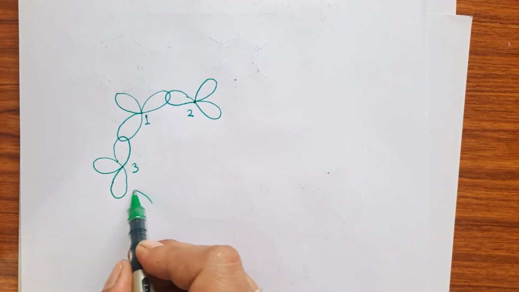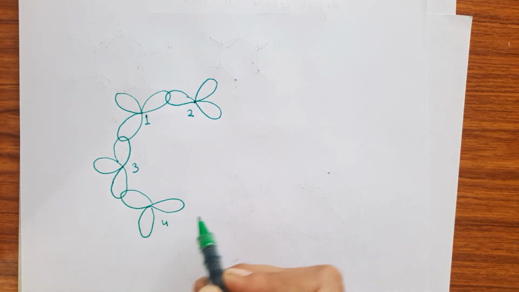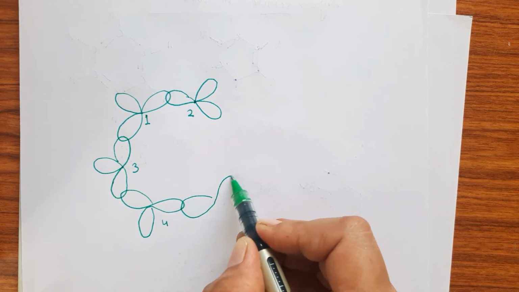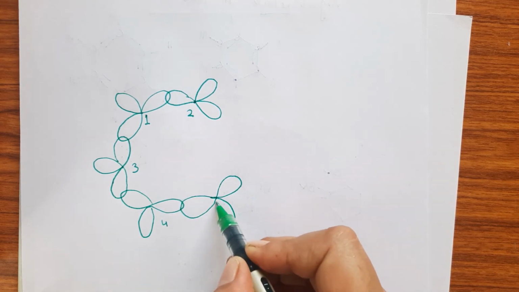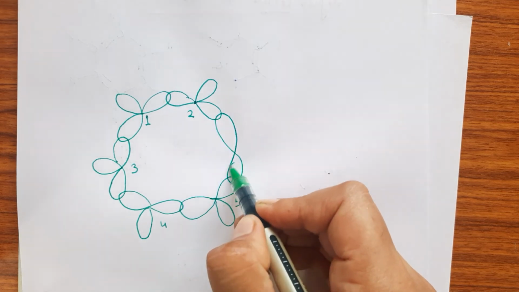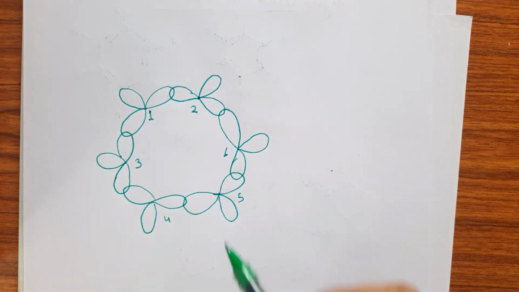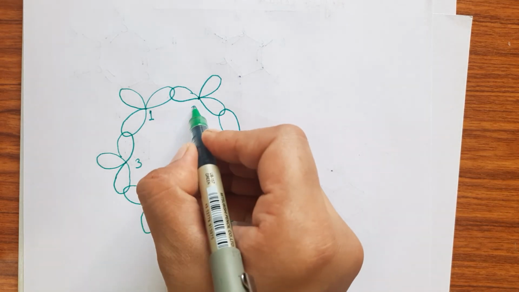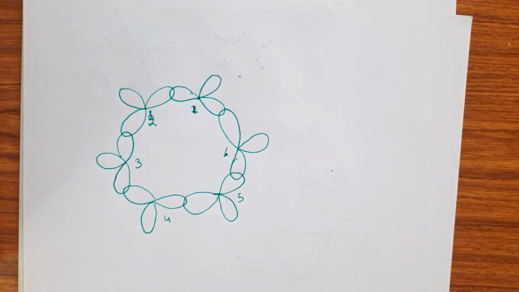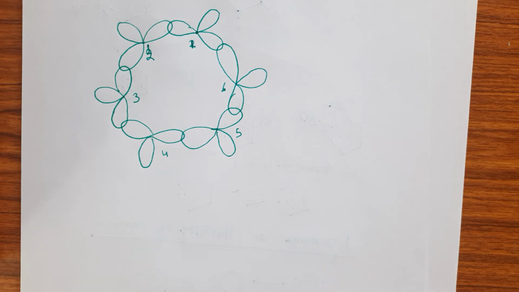Three, 4, 5 and 6. So in such a way 1, 2, 3, 4, 5 and 6, right? Numbering you can give from this side also. So